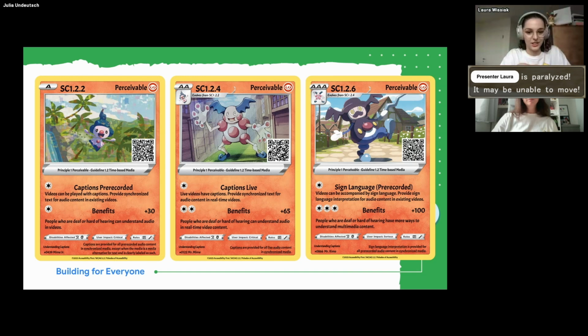And so what we have here is in the style of the Pokemon cards, instead of the name, to double check what each Pokemon is named in English actually before we started. Then also that they're within the perceivable type. Yes, this is where we actually use perceivable as the type instead of the game. We had to put it on the card somehow. You have a QR code that leads you to the understanding docs. If you need more information, you want to learn more, you want to go a bit deeper and see how you can put it into context.